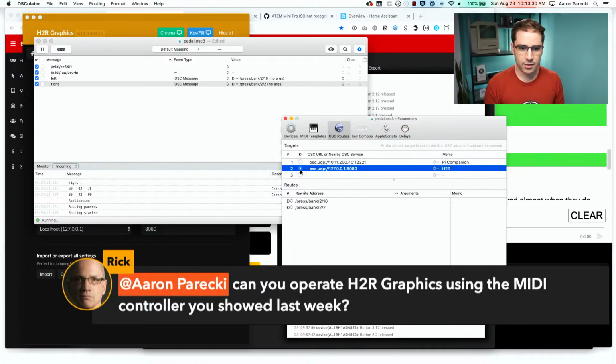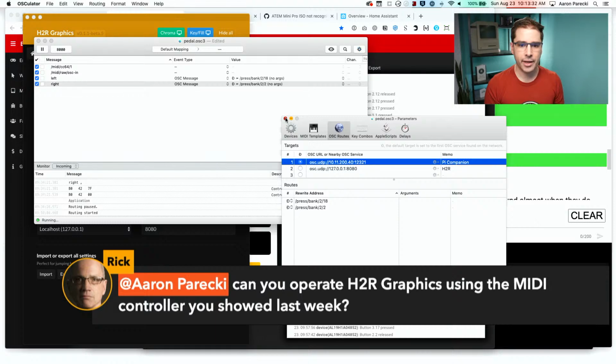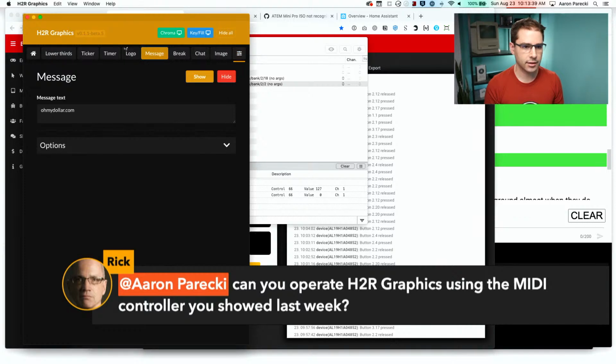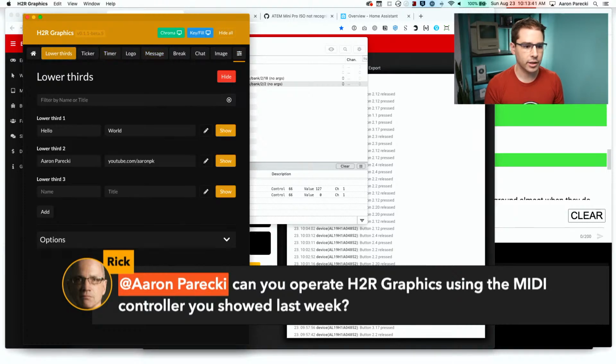Now I haven't actually done this, so I don't actually know what OSC command to send, but somewhere in here there's docs on what OSC commands to send for the different options in H2R. But I'm almost certain that John has a tutorial on that, so I will save you the trouble of me fiddling with that and let him explain it.